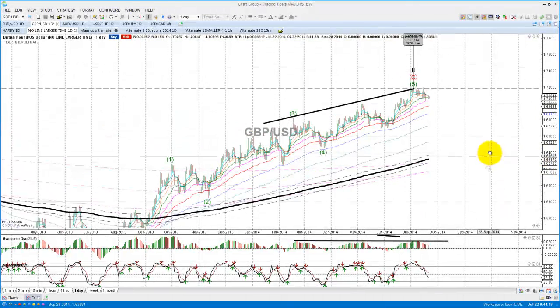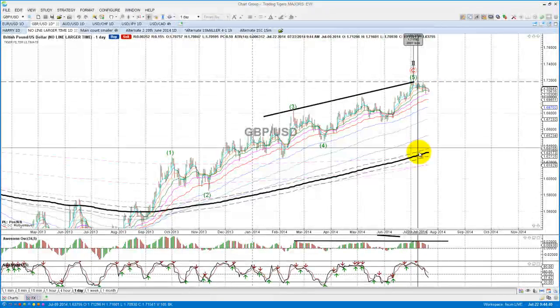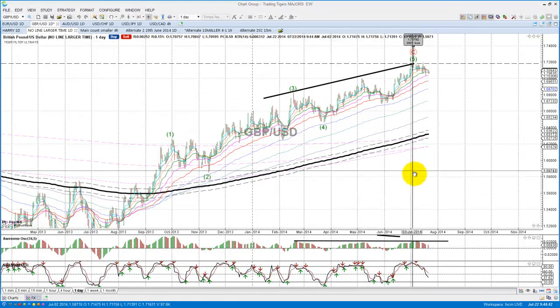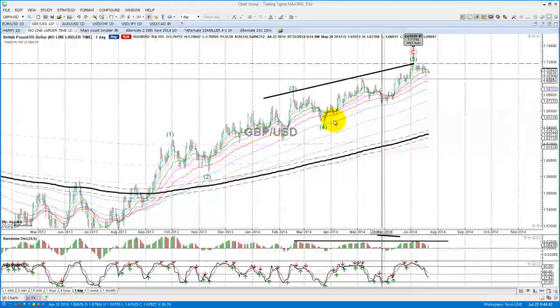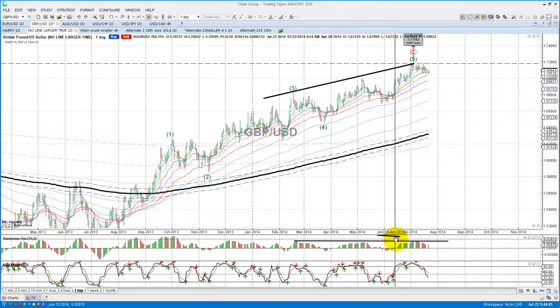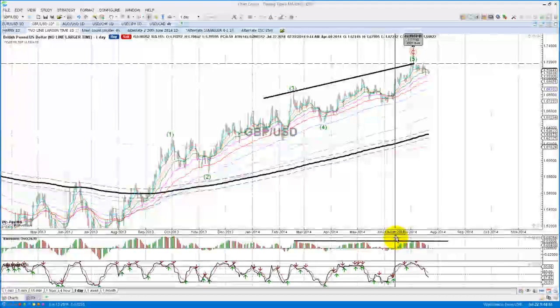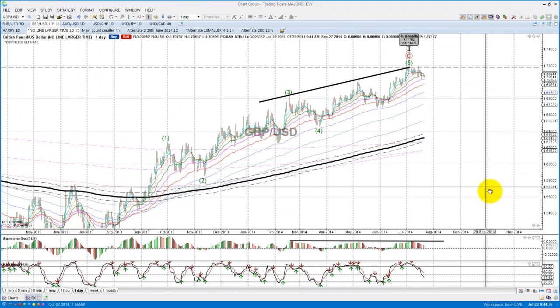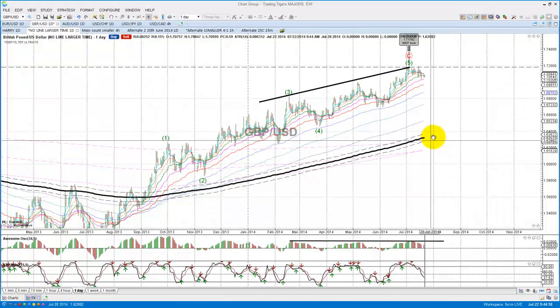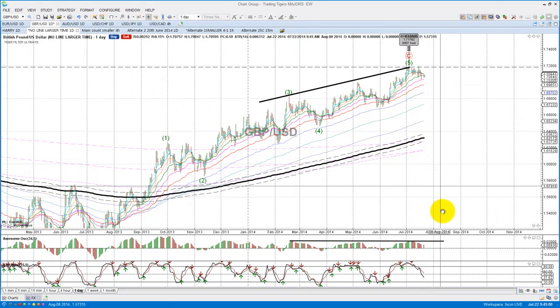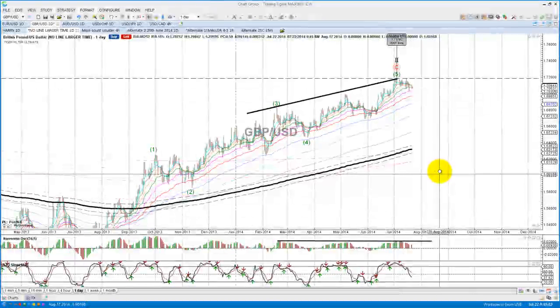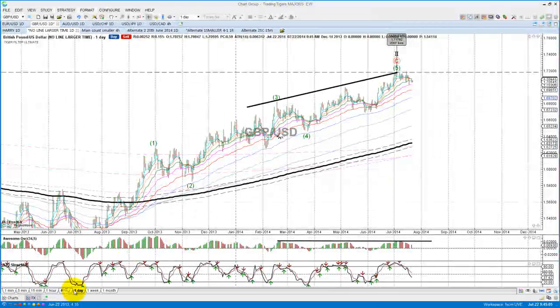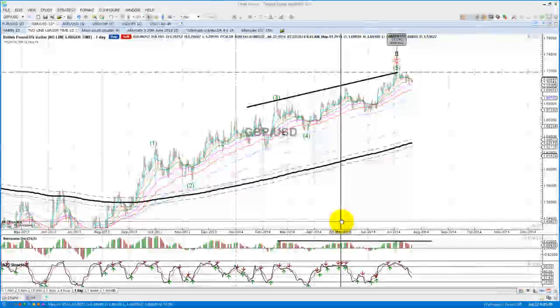As you can see, price hasn't really moved that far off. You've got that divergence here in play. Just move that out of the way, and you can see price going down from the stochastics all the way down. It's in mid territory, and of course we want to see price break through this black line and push further down. But if we take it to the 4 hour now,